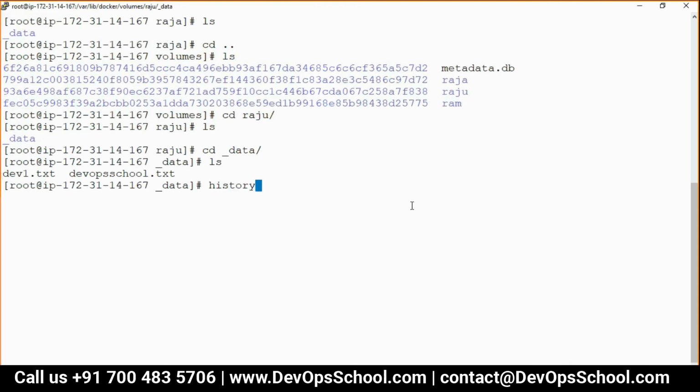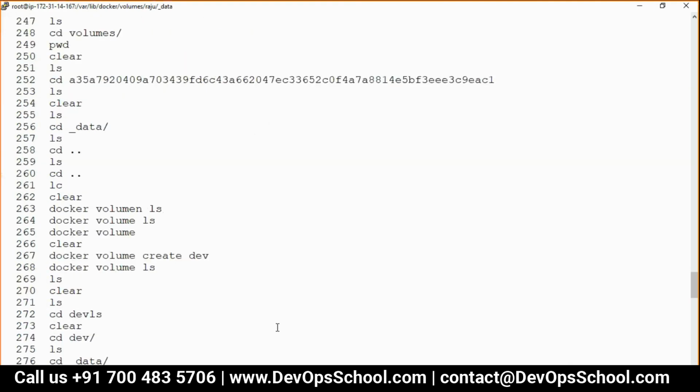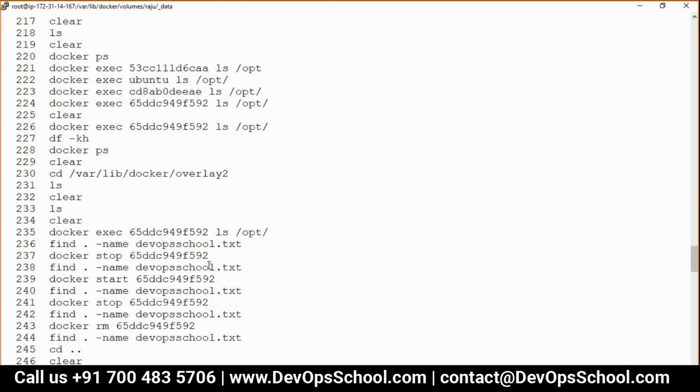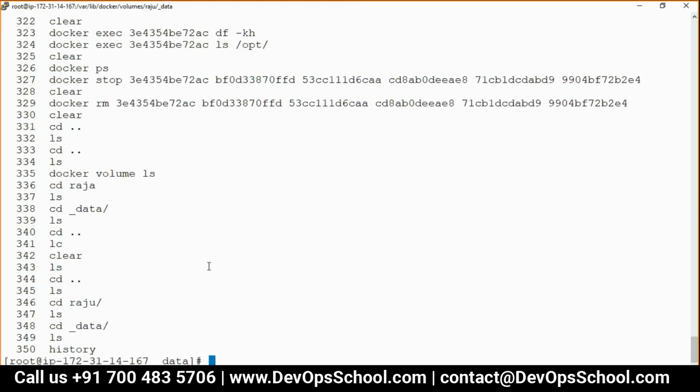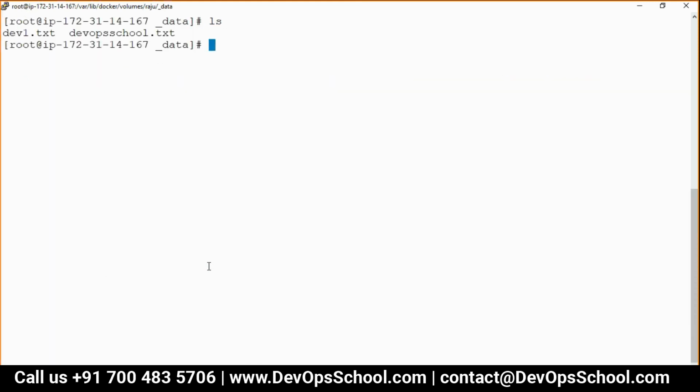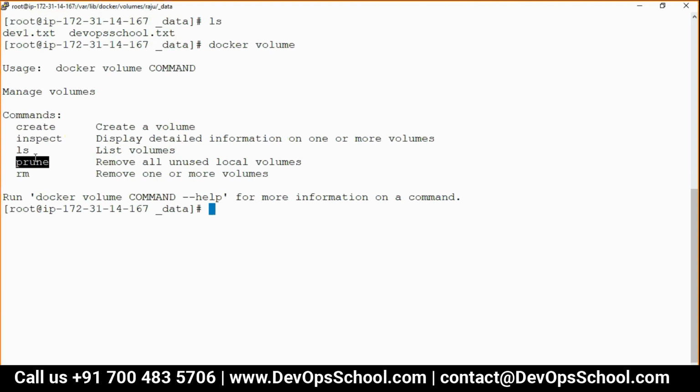So guys, these are the commands. Rajesh, can you please once again explain, earlier the volumes got deleted, now they are not deleted. Earlier the volume got deleted because I did a prune, docker volume prune, I deleted it manually. This time, and earlier also, the volume was not deleted when you delete the container. Container is gone, data is still there. That's the problem we are discussing. Are you getting my point?